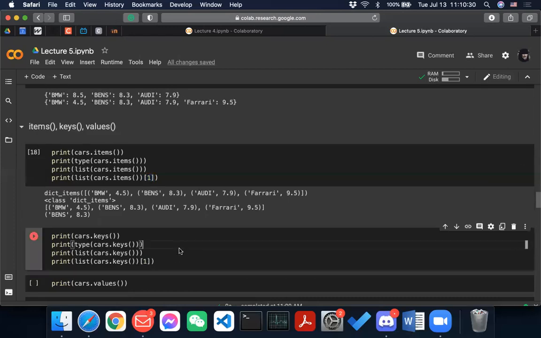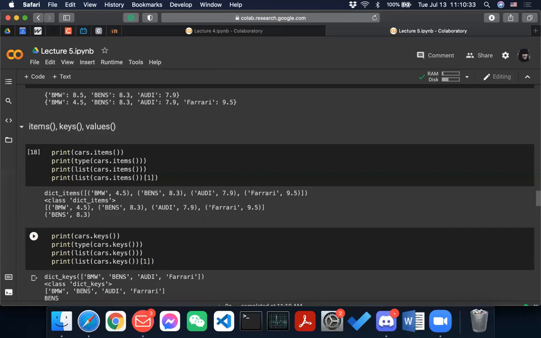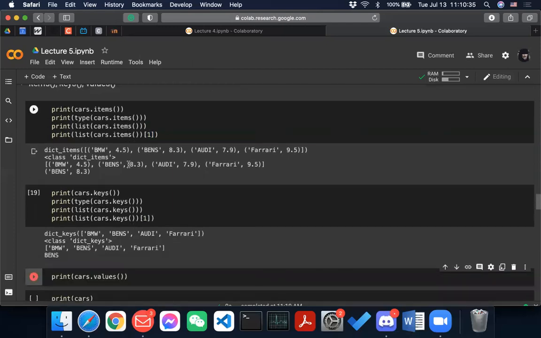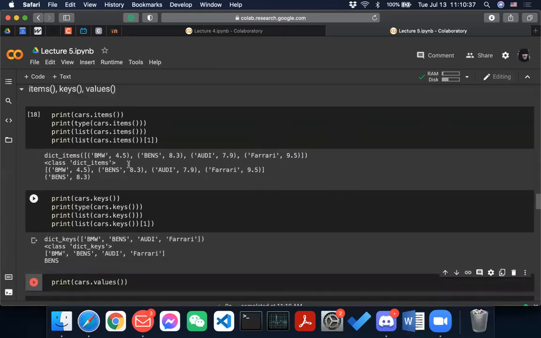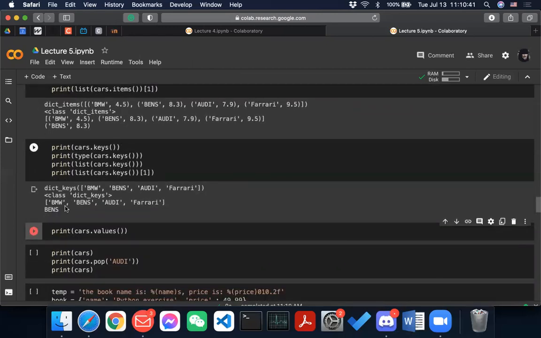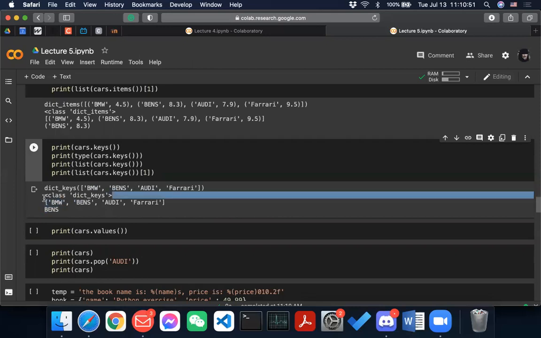Okay. So in terms of this, we also have print cars.keys, right? So cars.keys just gets all the keys out there and leaves the value, right? So if you actually want to get a list of keys, then here it is.